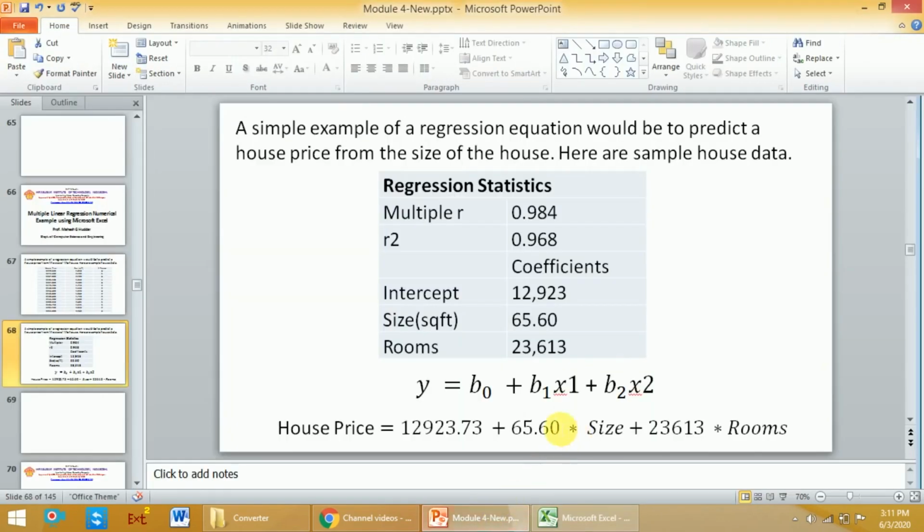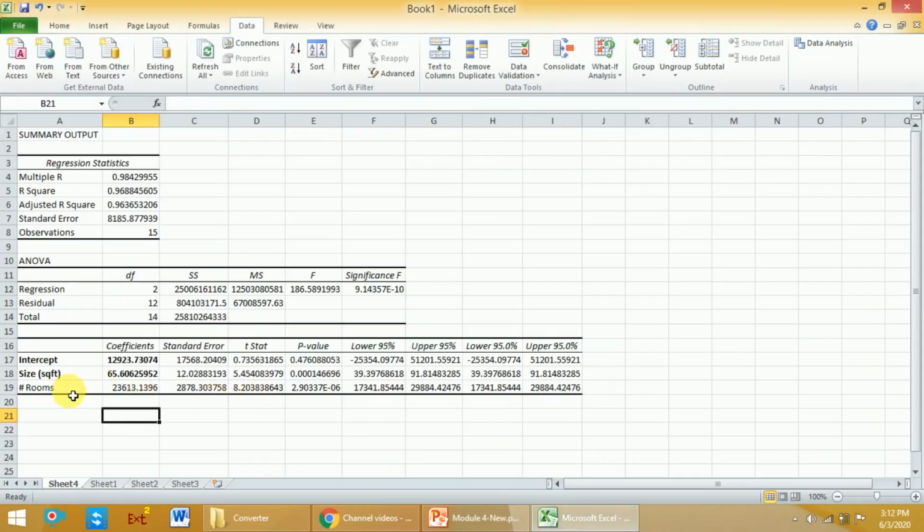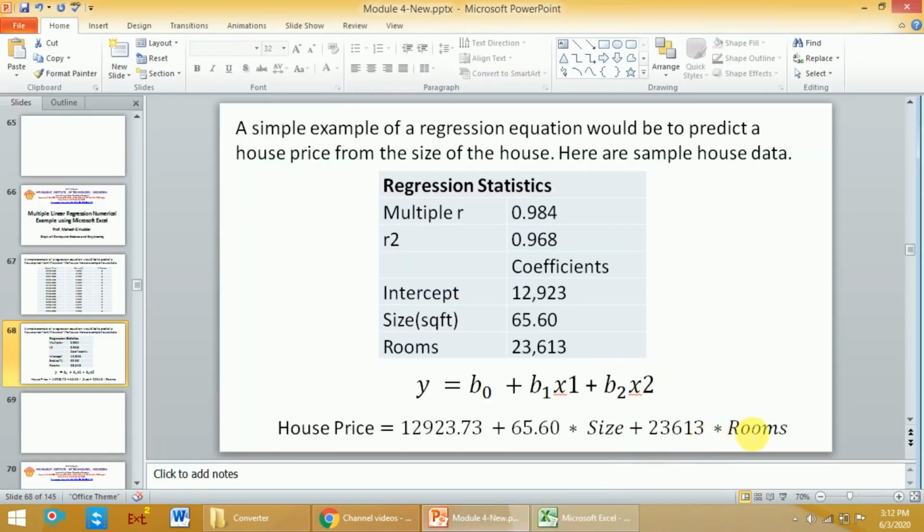Put that value here, 65.60 multiplied by size in square foot, plus the next thing required, the coefficient of x2. x2 is the number of rooms. Select the coefficient of rooms here. The value is 23,613. Put that over here, multiplied by rooms.